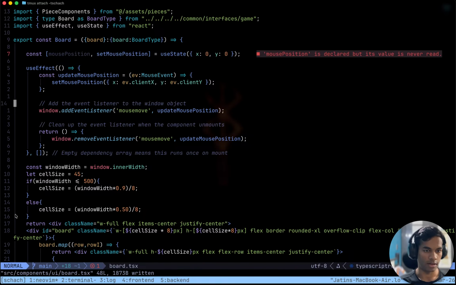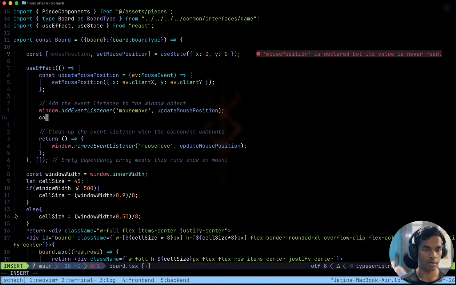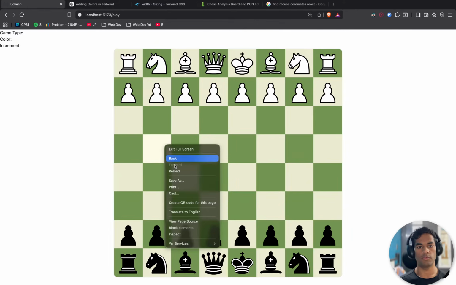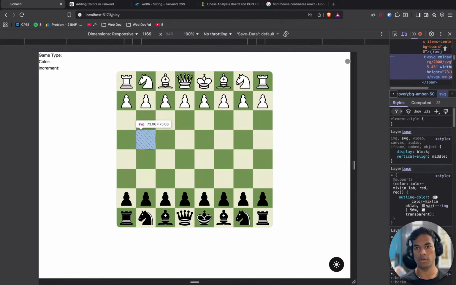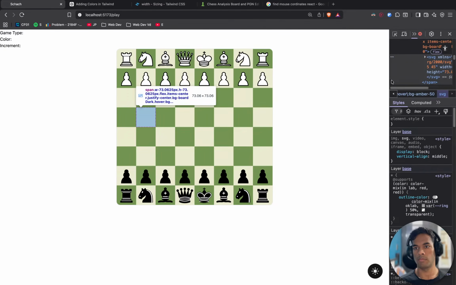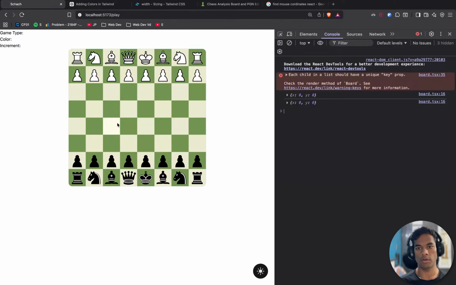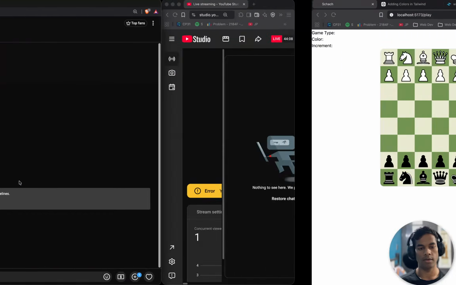Mouse position is not being used ever. That is fine. Console.log mouse position. Let's see if we see the mouse position being printed. Console.log 0, 0, and okay, we are not printing it again and again, which is fine.